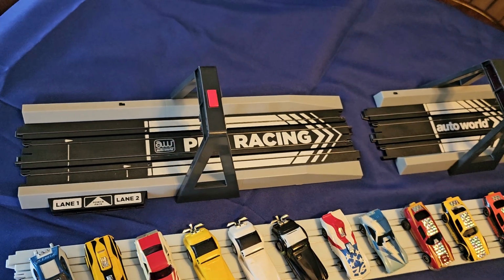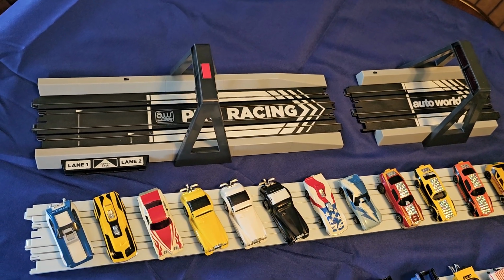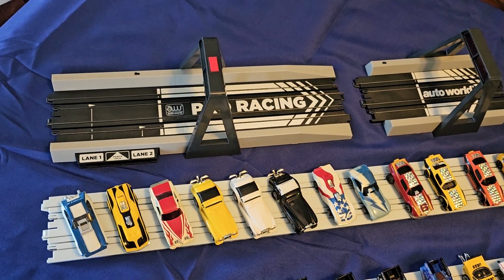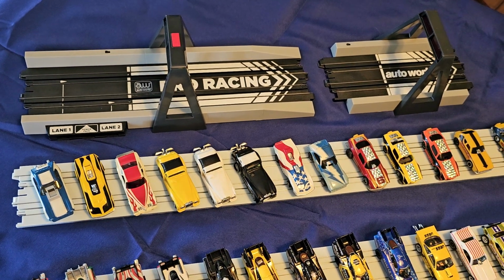I don't keep the batteries in because I'm afraid I'm going to forget about them, and then a few months go by and they wind up corroding. So if you're going to do that, make sure you take the batteries out unless you're using it all the time. Now for me, we just set this up on the floor, and it's easy for the grandkids because they